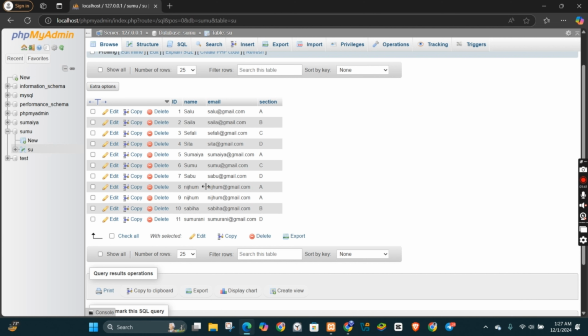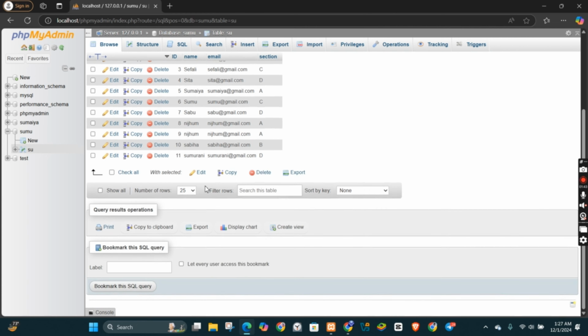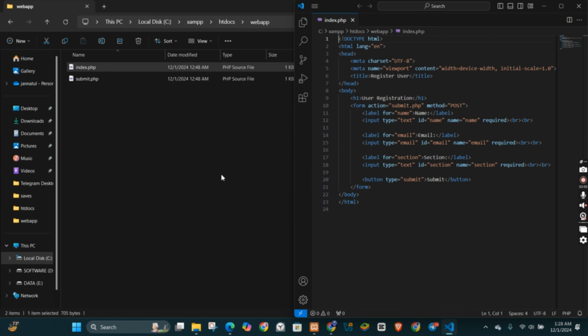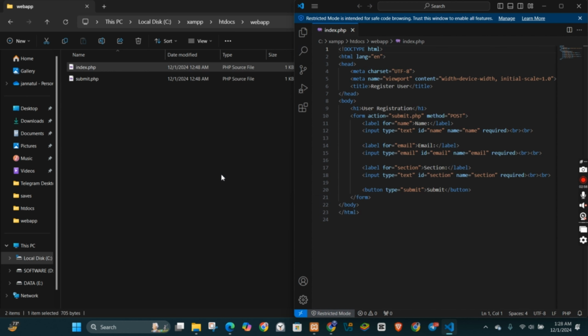Next, we will create the user interface using HTML. Here's the form code. This form allows users to enter their name, email, and section and sends the data to a PHP script for